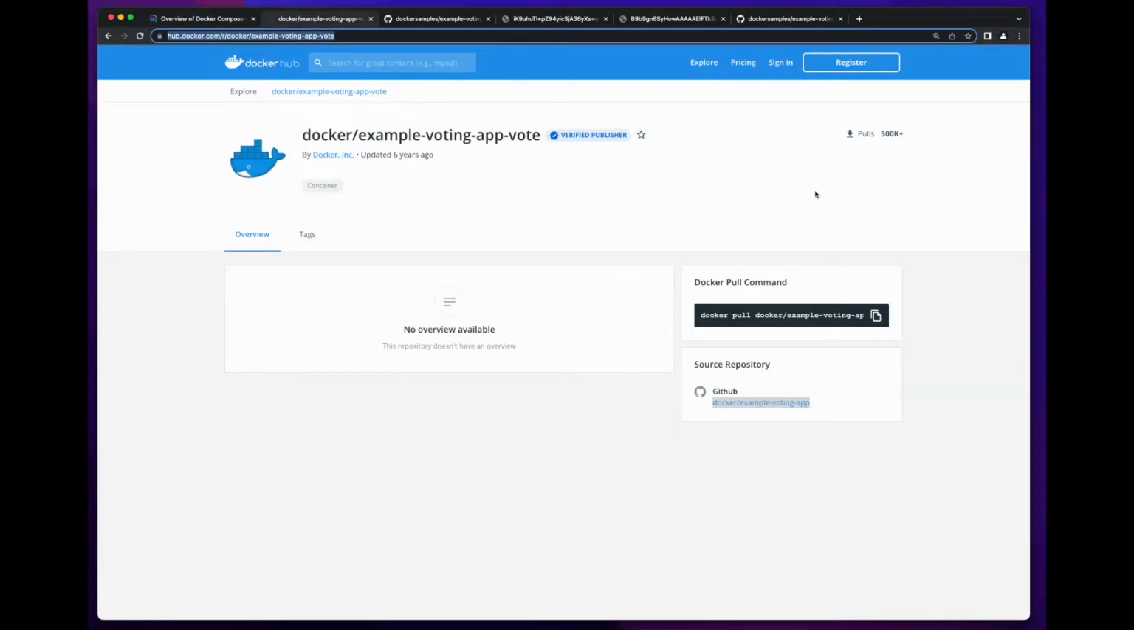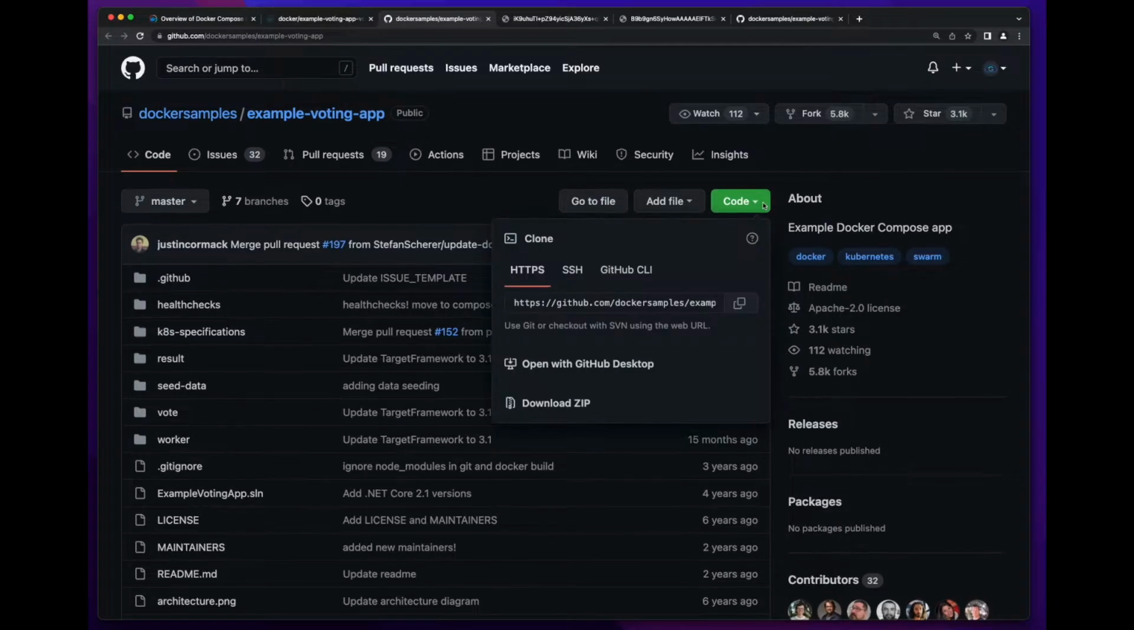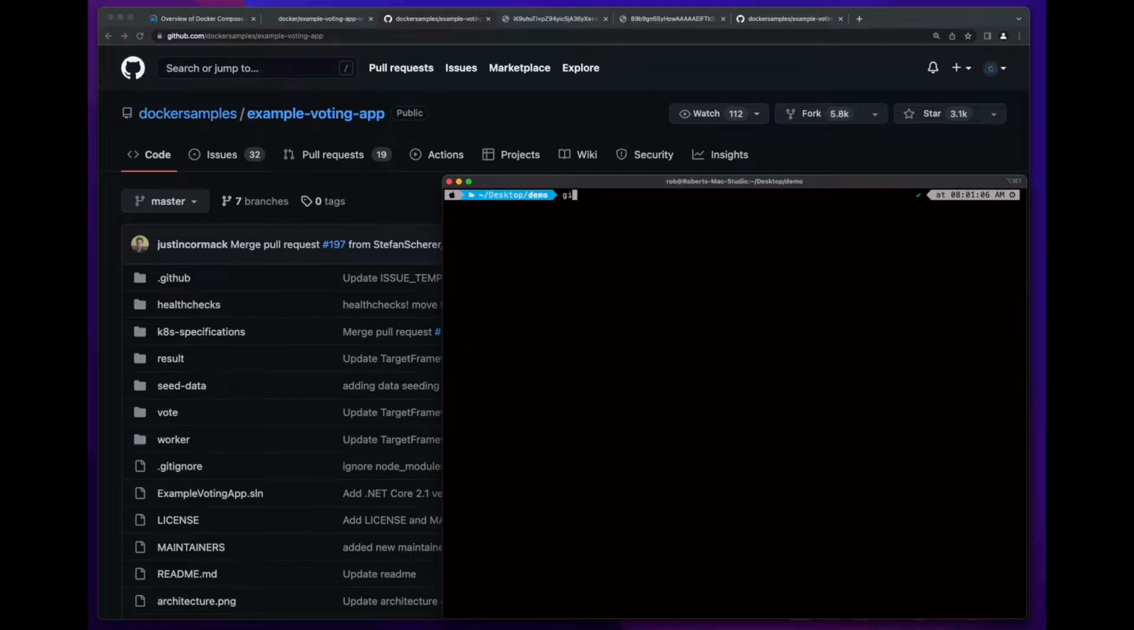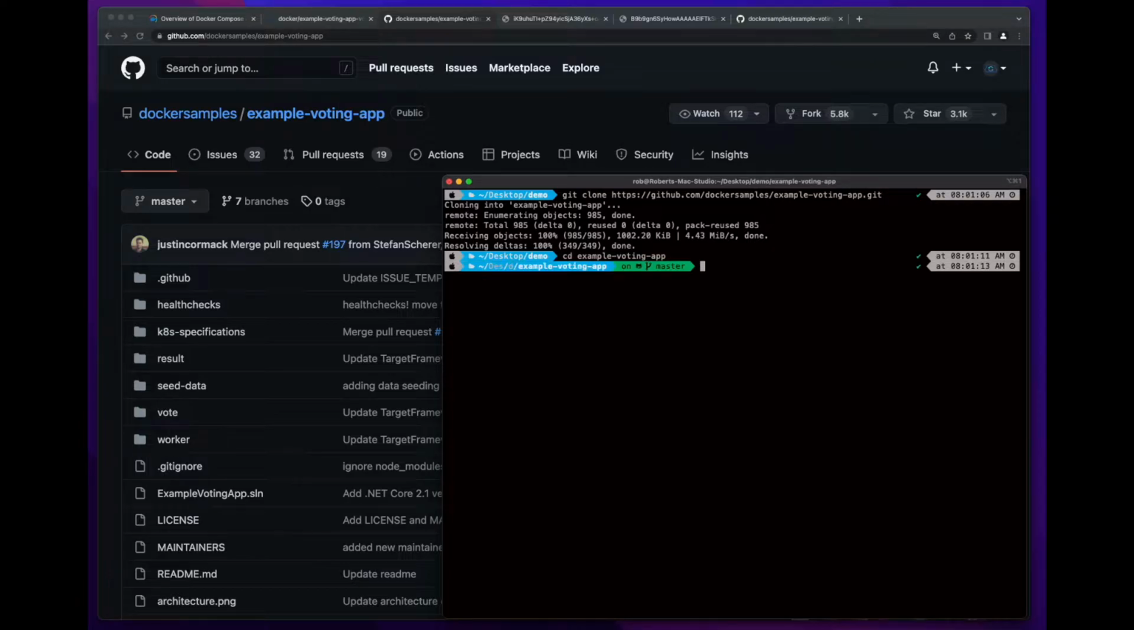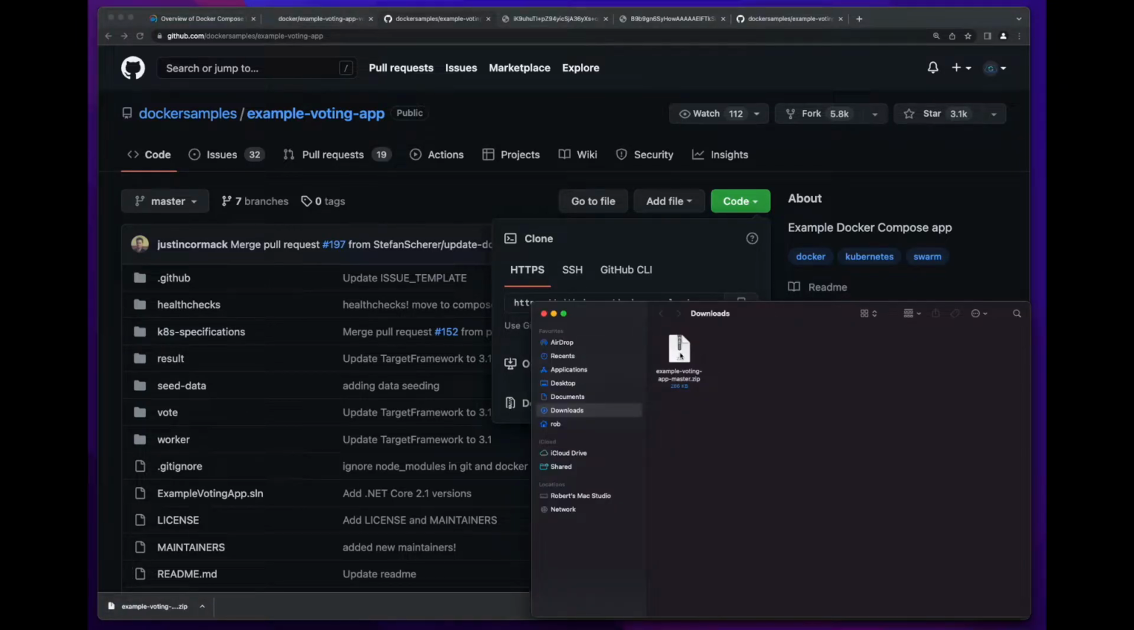In this video, we'll be utilizing the Docker Voting app application to work with Docker Compose. The source for this example can be obtained from the Docker Samples GitHub repository. And there are two ways that you can get this code. First, if you have Git installed on your machine, you can clone the repo. Or you could download the code in a zip file. Then extract the file